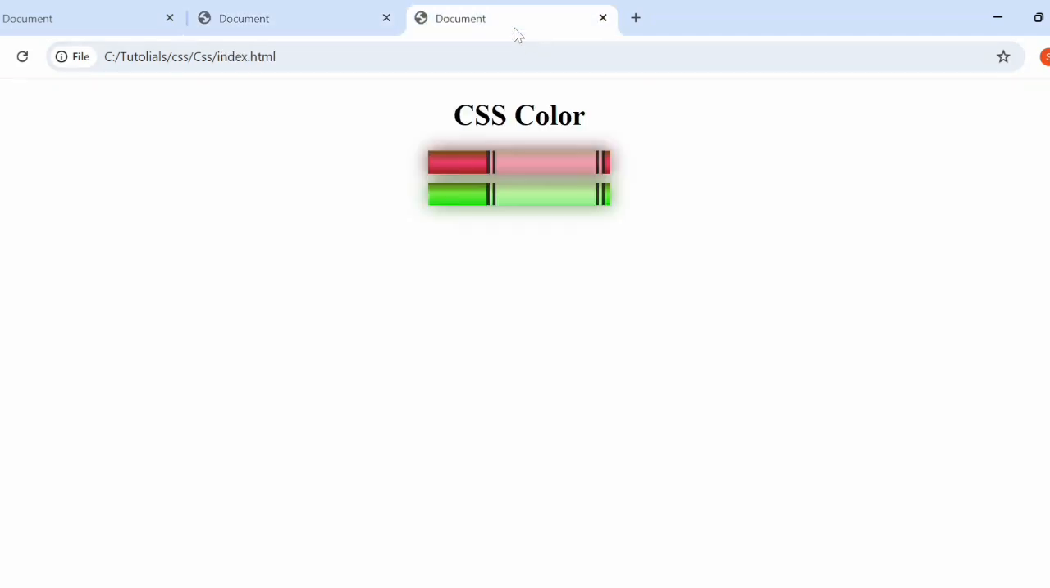The third project will construct this marker of colors with CSS and HTML. So let's start